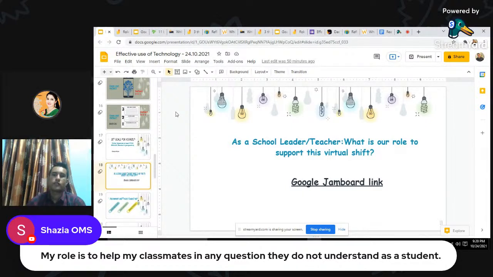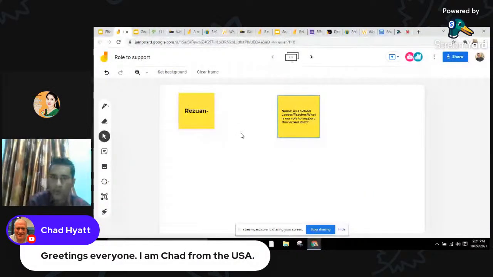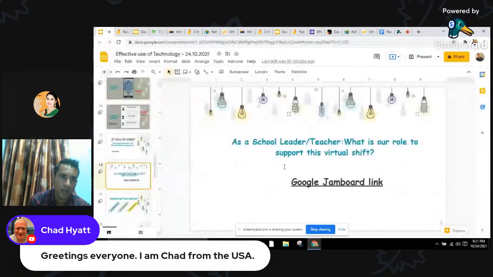So you can ask any kind of question to the students related to the concept or topic, and they can write their answer quickly within 5 or 10 minutes in the Google Jamboard. So it's a very beautiful tool for you, and it's free, and students are going to love it. And on the next page they can do it as well, or you can put 2 or 3 questions and tell them which question you want answered, and they can choose, and then write their answer in the Google Jamboard.